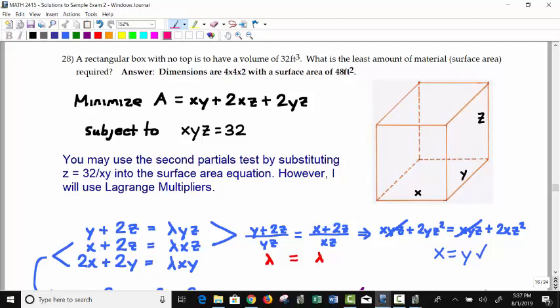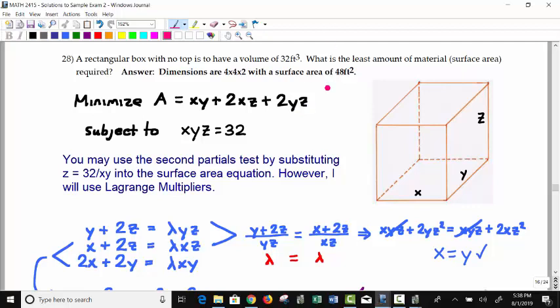I believe there's a question like this on the quiz. It was kind of the opposite idea, where you're given the surface area of the open box as a number. That's your constraint, and then you're maximizing the volume x times y times z. So you would say maximize V equals xyz, subject to this adding up to whatever the number was in the quiz problem. I don't remember, but